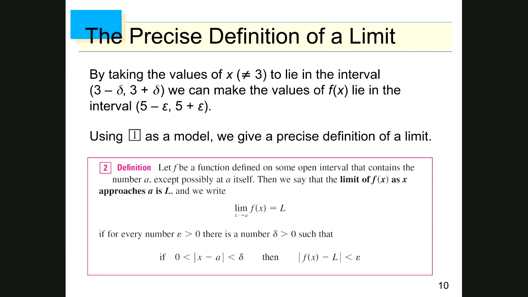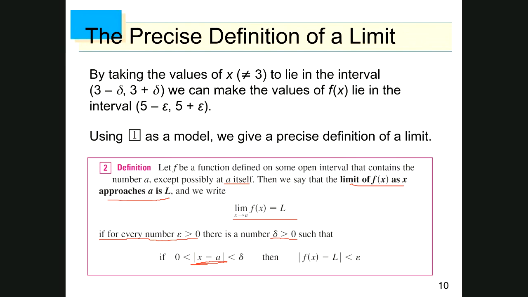So let f be a function defined on some open interval that contains the number a, except possibly at a itself. There you see the limit of f of x as x approaches a is L. So this is just what the limit of f of x as x approaches a equals L looks like. Now, for the precise definition, this is true if for every number epsilon greater than 0, so we call this epsilon, there is a number delta greater than 0 such that the distance between x and a,